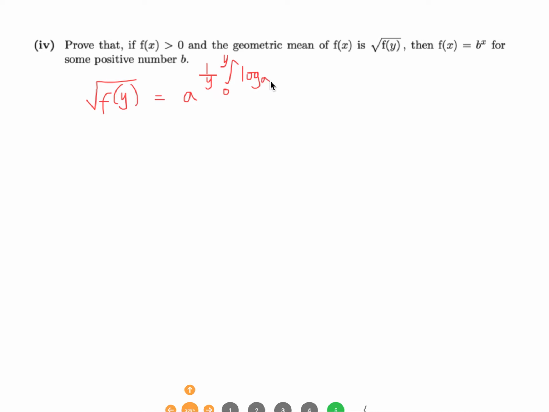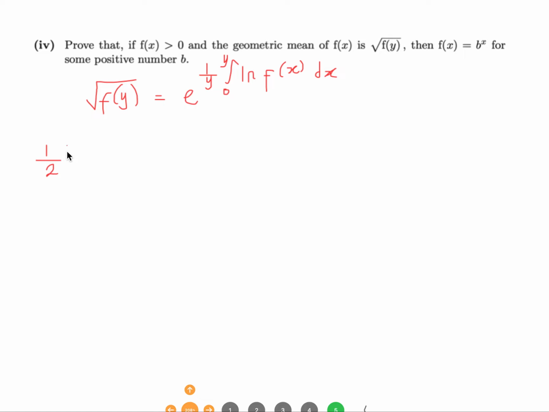Actually, why am I using base a? I just think everything looks a little bit nicer when you use ln. So e to the ln f of x dx. Now, what I'd be tempted to do here is natural log both sides, so I'll end up with